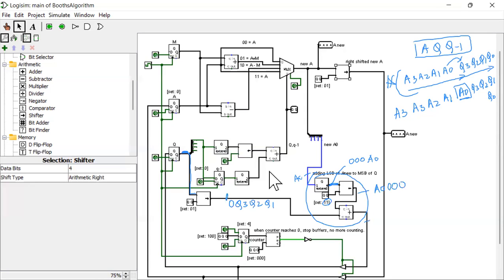And now I'm just adding this and this. So when I add A0, 0, 0, 0 and 0, Q3, Q2, and Q1, I get A0, Q3, Q2, Q1. And that's exactly what I need over here. As you can see, after the shifting, A0 should come into that register. That's why this part of the circuit is needed. All right, I hope that makes sense,